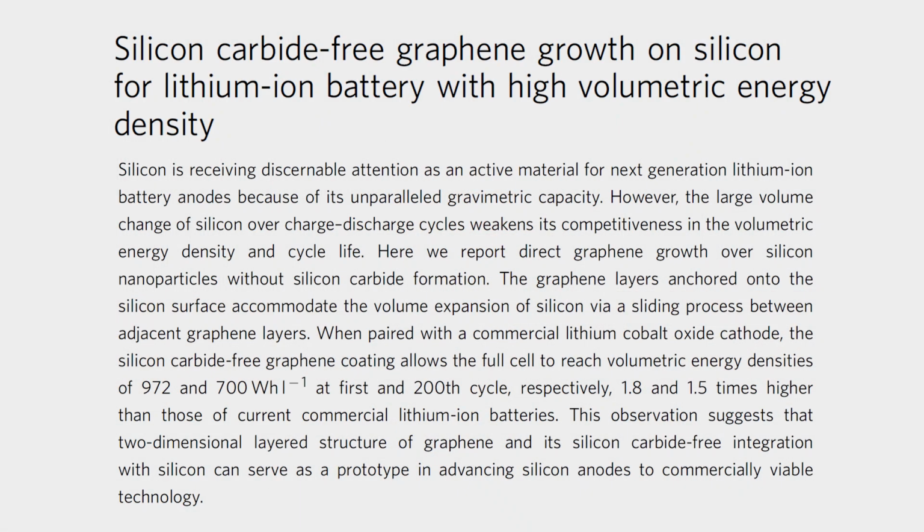After a lot of research, scientists found that silicon is one of the best materials to be used in the anode, but it does have some limitations. So in this research paper, scientists are working on a new methodology to combine silicon with graphene so that its performance can be improved. Now this is a very crude explanation and obviously the research paper is much more detailed and scientific, but I think this will do for now.